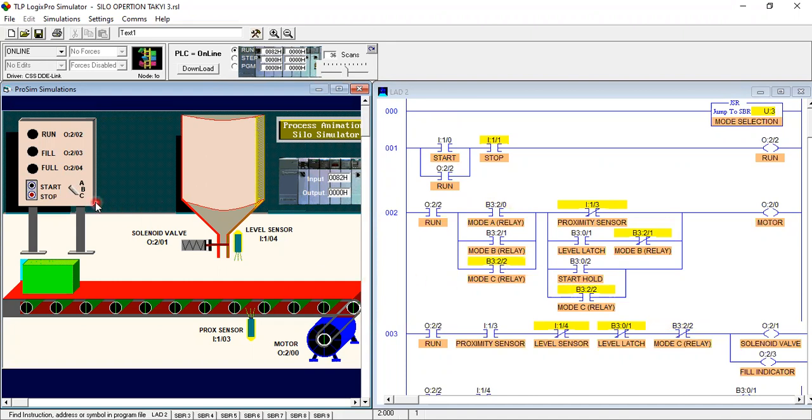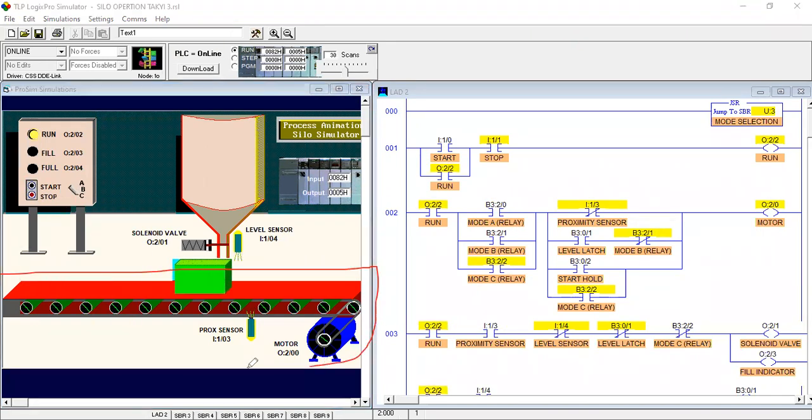So we have to separate these three partitions in this program. One is automatic, second is manual, and third is conveyor process controlling. In this C partition, if we press the start push button, it will reflect the conveyor running.